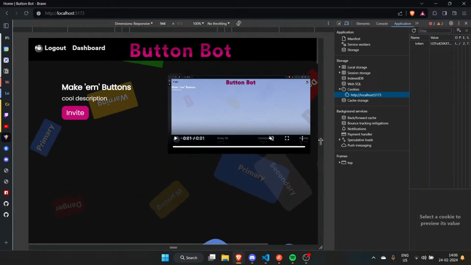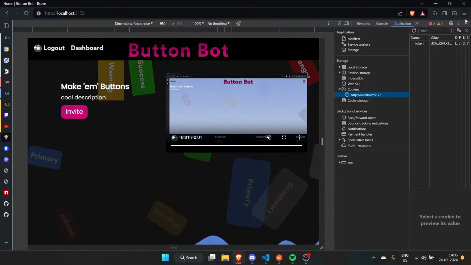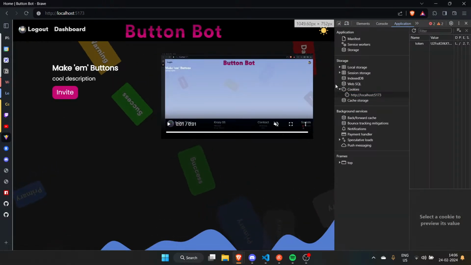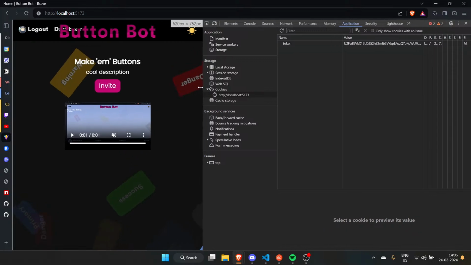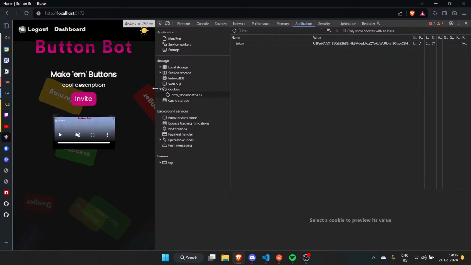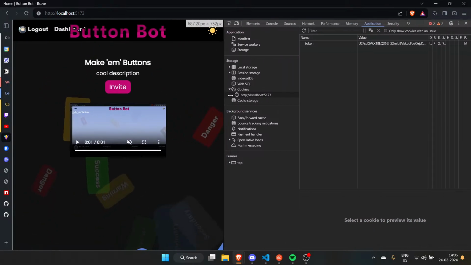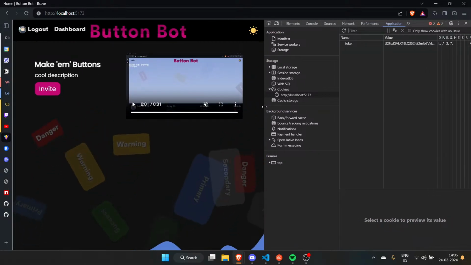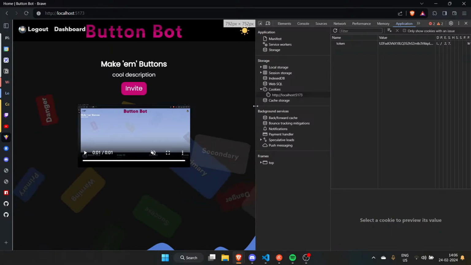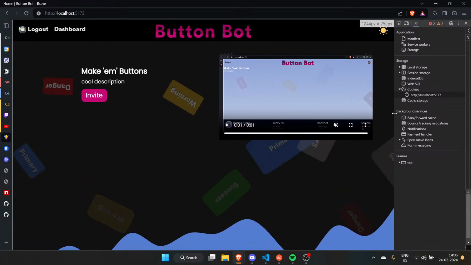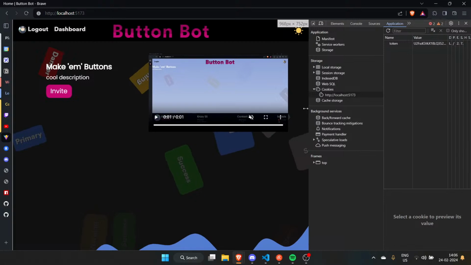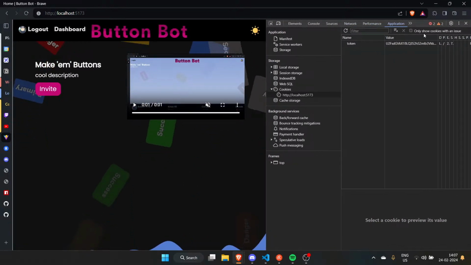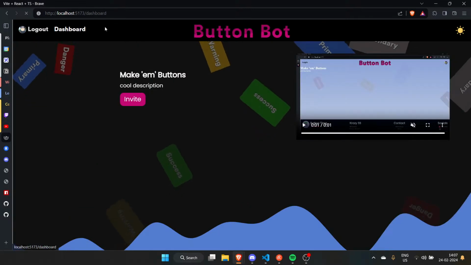I think probably I should do something about it. From 800 pixels onward. That's weird. Anyway, slash dashboard.